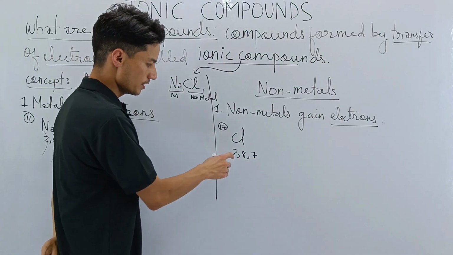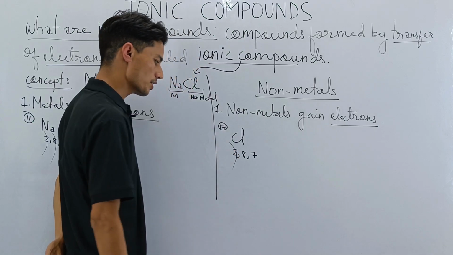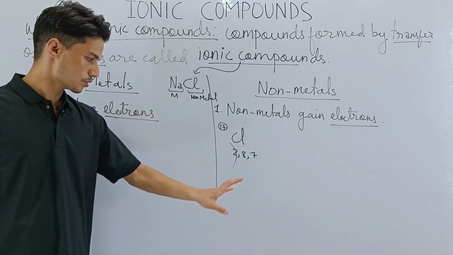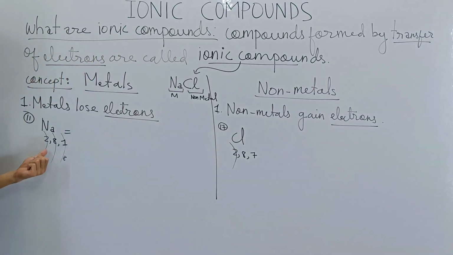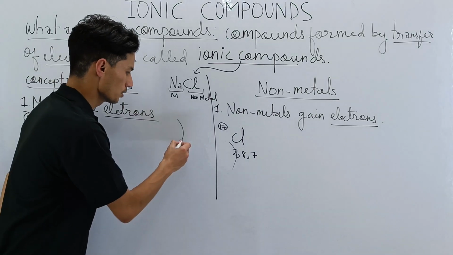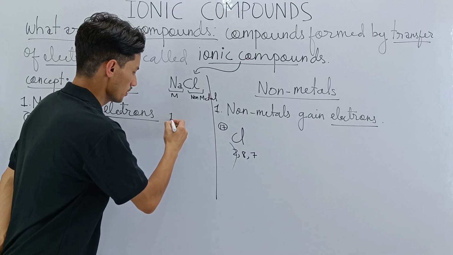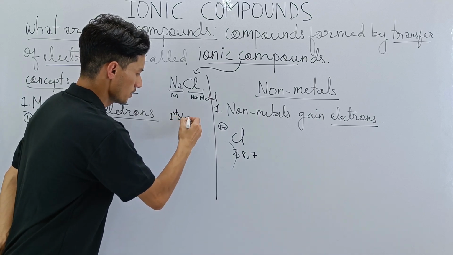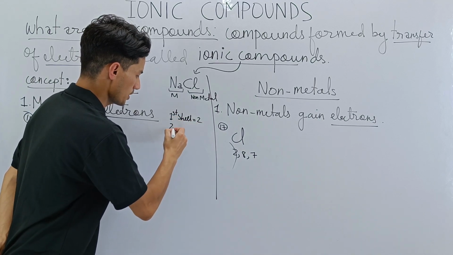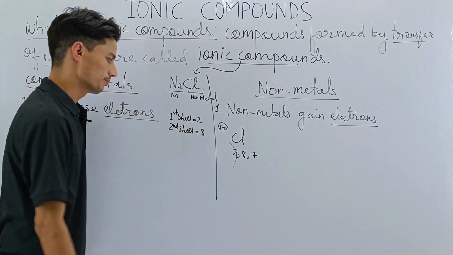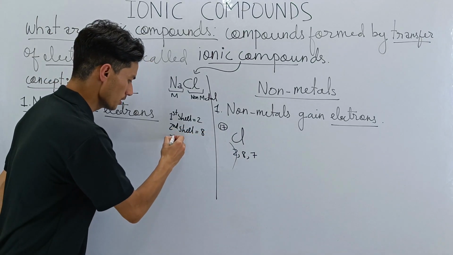Now here this is the first shell. The first shell has 2. Okay, 2 is stable. 2 is stable for the first shell only. Remember, even for sodium, 2 is stable for the first shell. So for the first shell, the stable number is 2. Second shell, the stable number is 8. And if you ask me for the third shell,